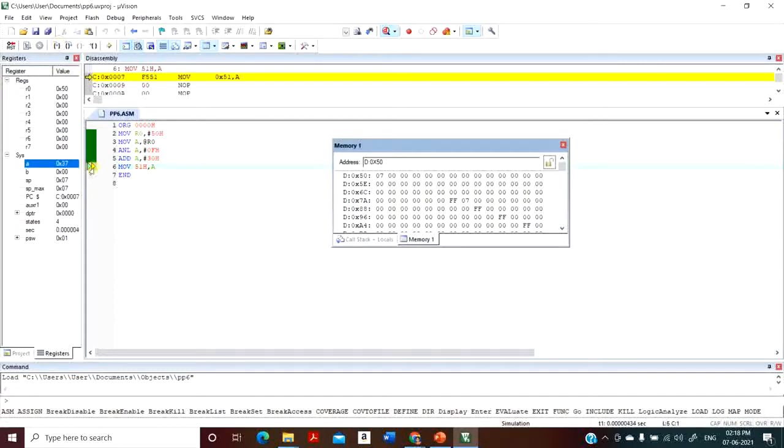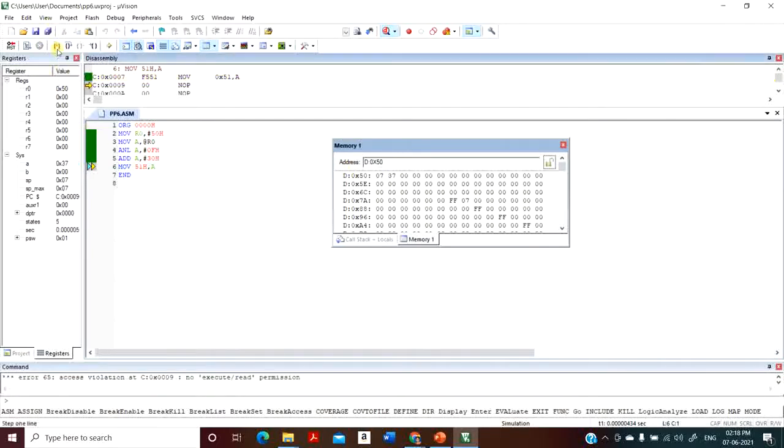So when I do that, the accumulator is now having 37. That is the result of the total operation, but our result was supposed to be present in 51H. So for that you need to execute MOV 51H, A. When you do that, you can see that 51H is now having 37.